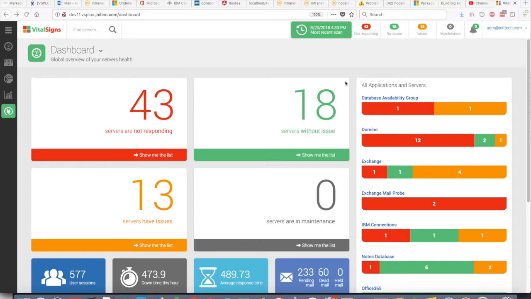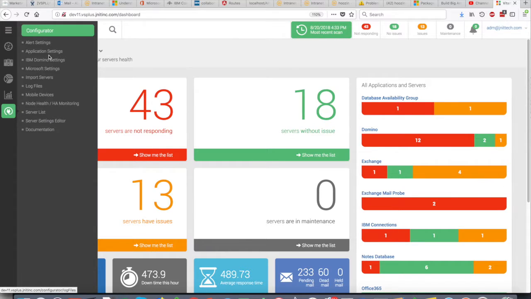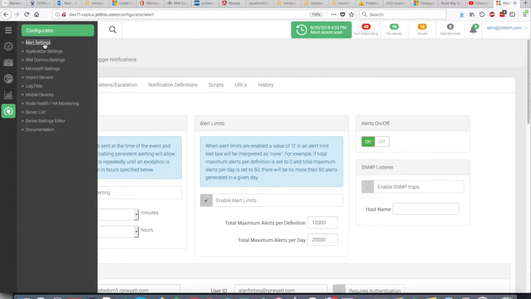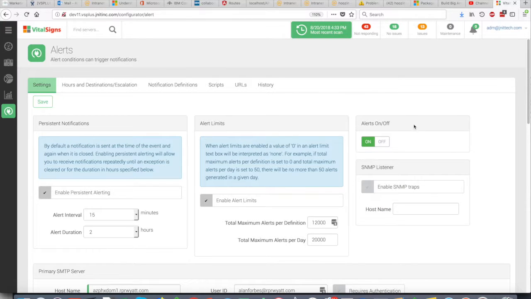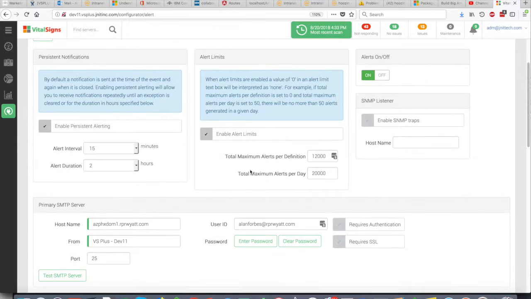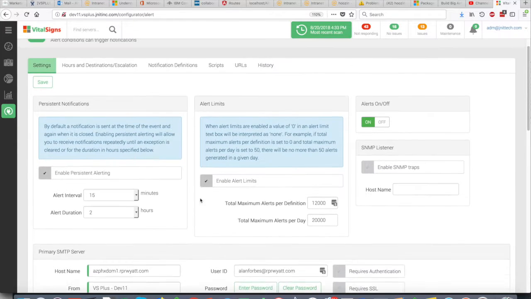Easy to tell VitalSigns exactly which kinds of alerts you want to subscribe to and which ones you don't. To define alerting, just go into the configurator, alert settings. The first tab is where you turn alerts on and off and specify the server name and credentials to use